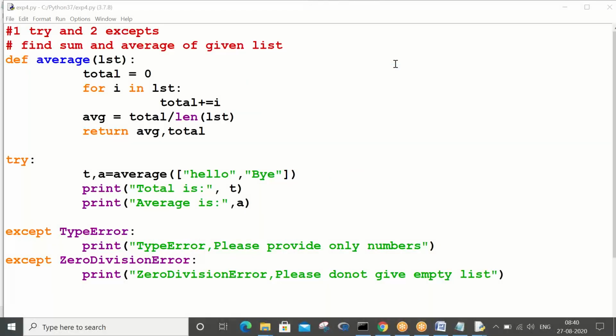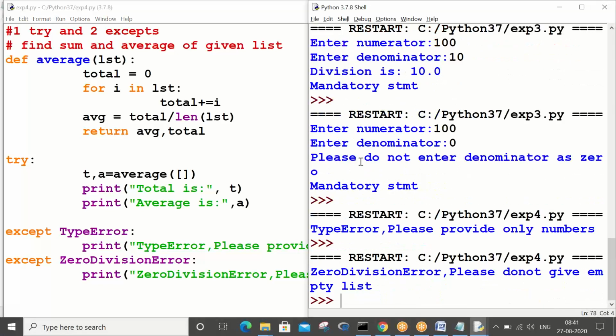Now let me explain. Control S, F5. One second. Okay, so rewrite this program just by changing one line. Don't write the entire program, just change this one line. Don't give any elements in the actual parameter list. Just give an empty list. When you give an empty list and press control S, F5, which exception got handled now?